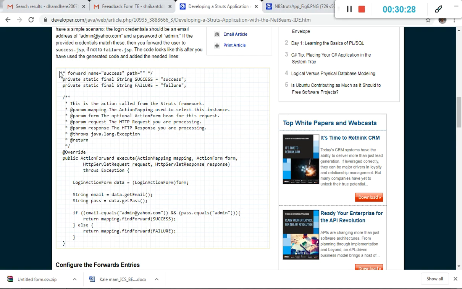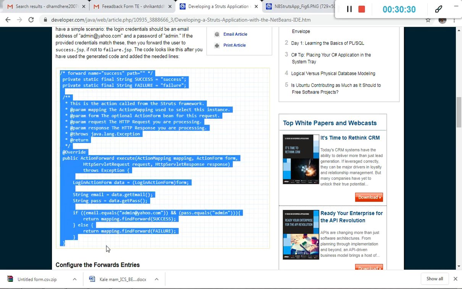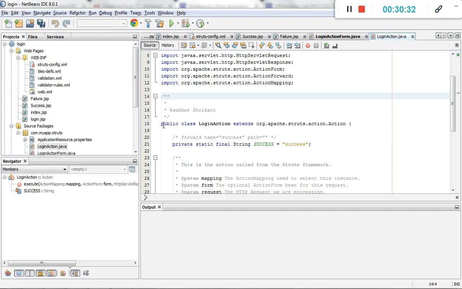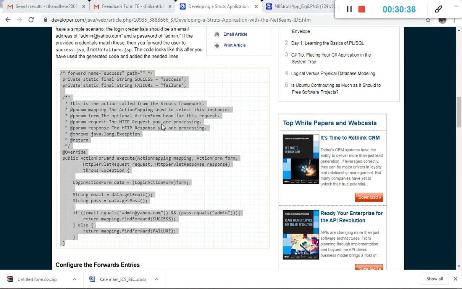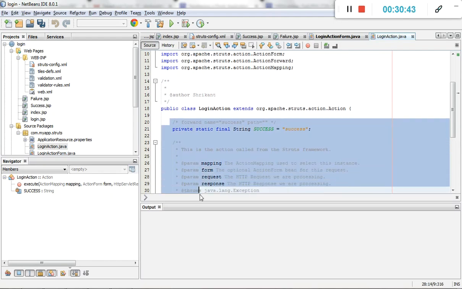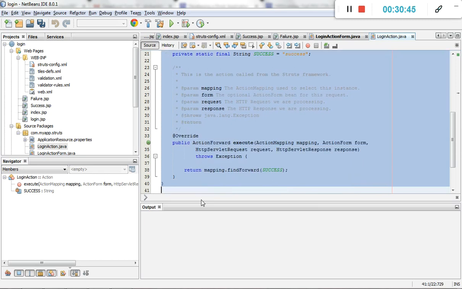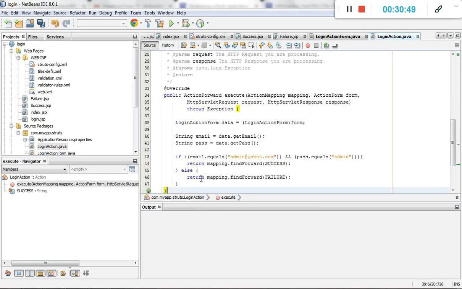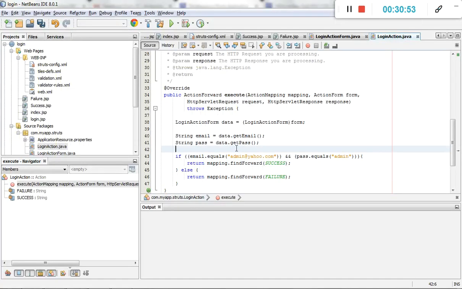Okay, we will change this code with the verifying code in LoginAction.java.